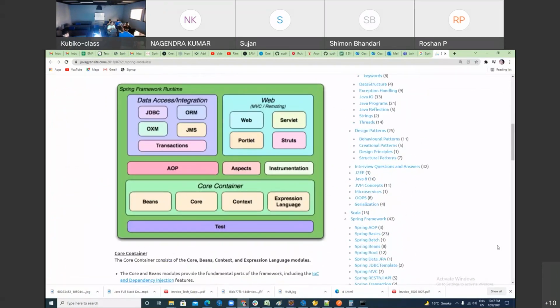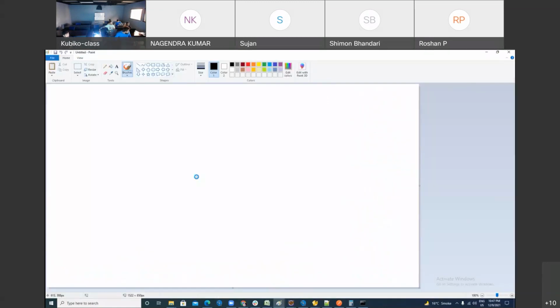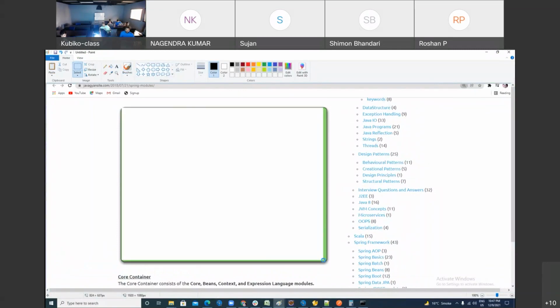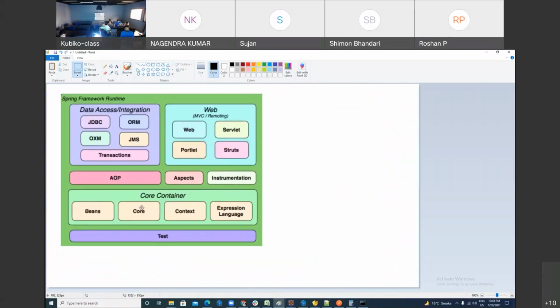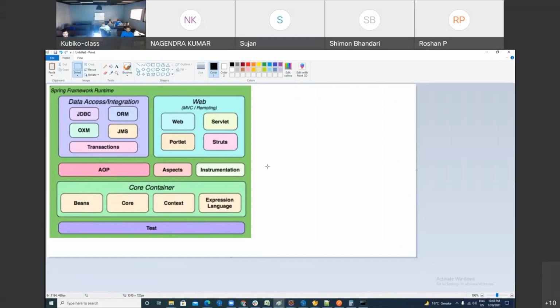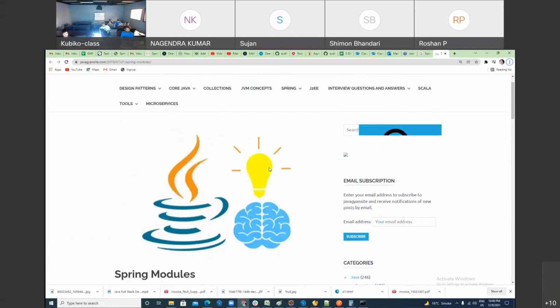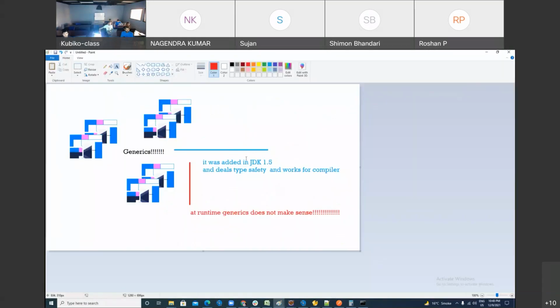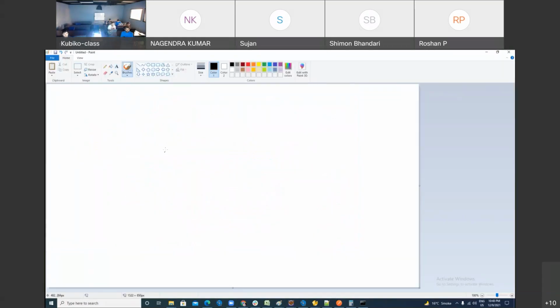Are you following me? So if you want to learn the Spring framework, why am I learning the Spring framework? Because it will make our job easy in software development, right? Spring framework is a set of libraries and all the features are present inside it. So if you want to use it, you can directly use those features. So framework is nothing. It's ready-made features which you can utilize.